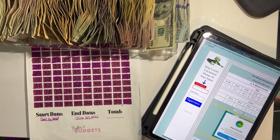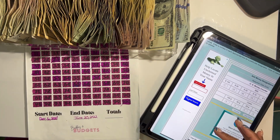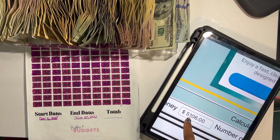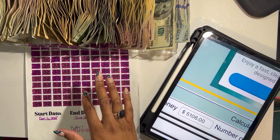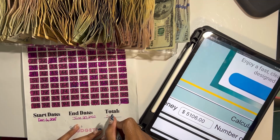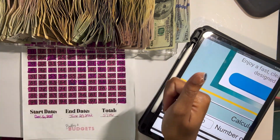Okay, so we recounted like 4 times, and then I brought out the money counter, and so we are at $5,106. That's what we're gonna go with, and that's what we have. Let me find my marker, and we're going to do $5,106. All right,